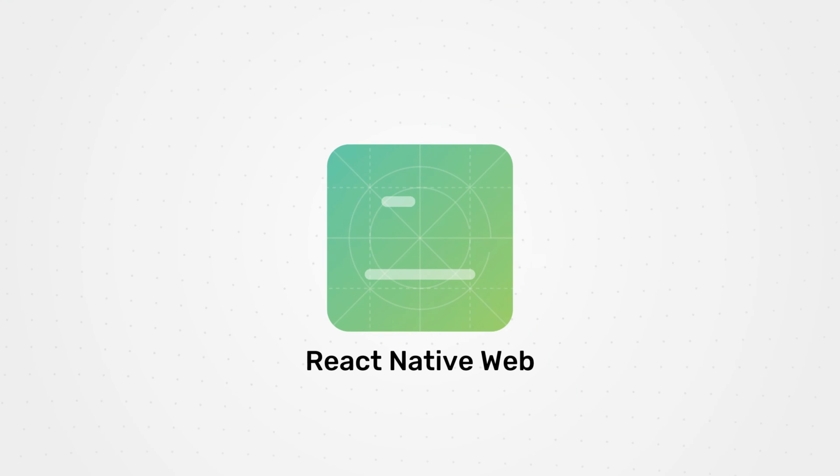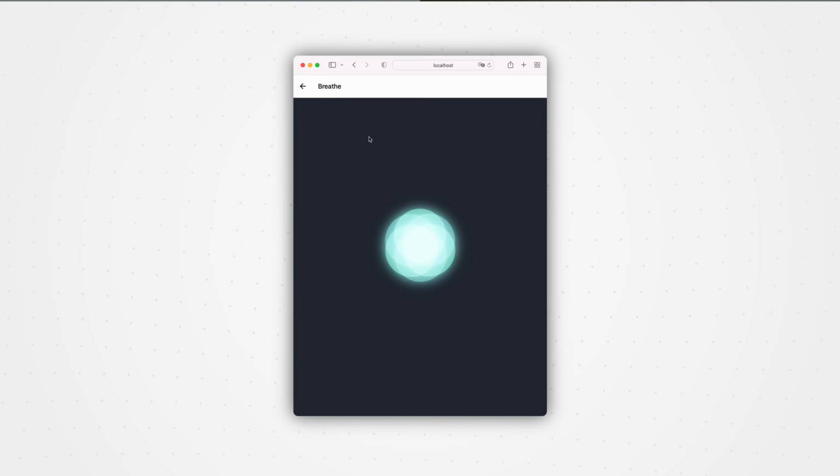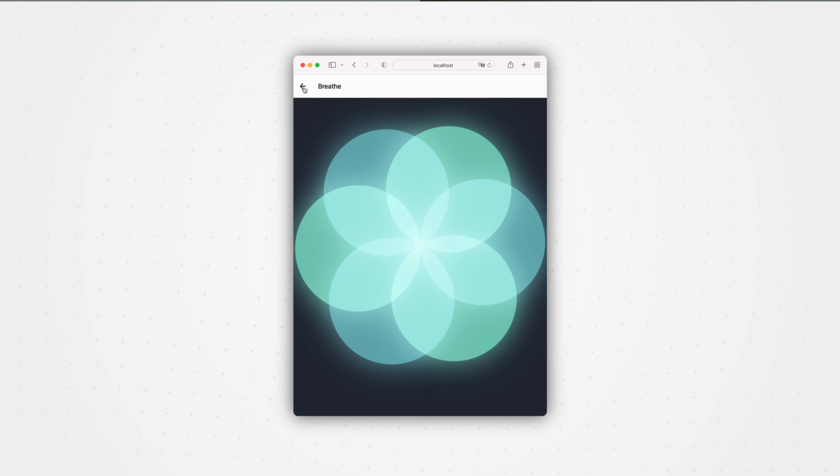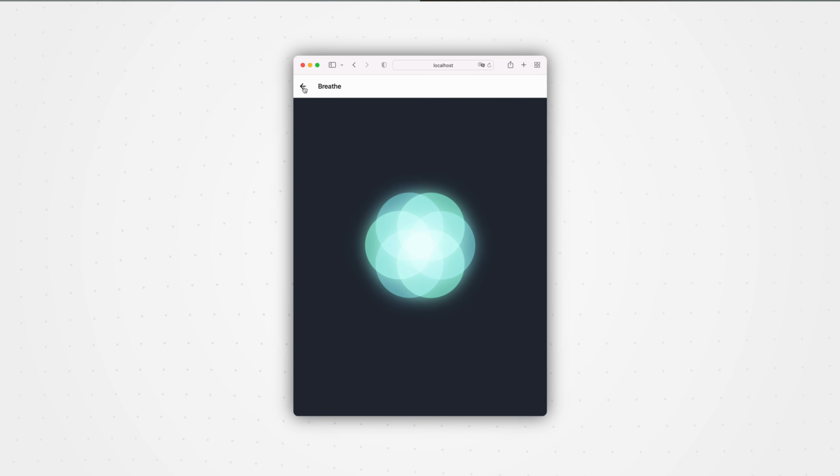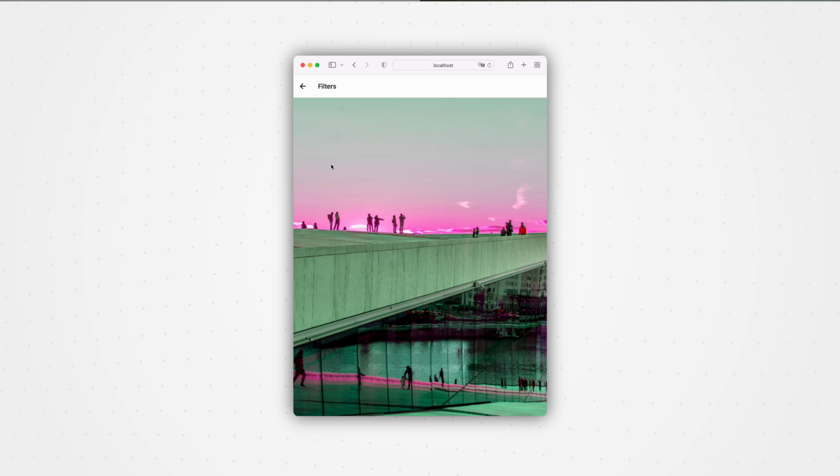There is one more part of the SDK 46 announcement, and that's React Native Web Support. One of the exciting things about Expo apps is that they also run on the web, and React Native Skia is no different. As part of the React Native Skia project, we have our example app that showcases what you can build with this library, and now these examples also run on the web.